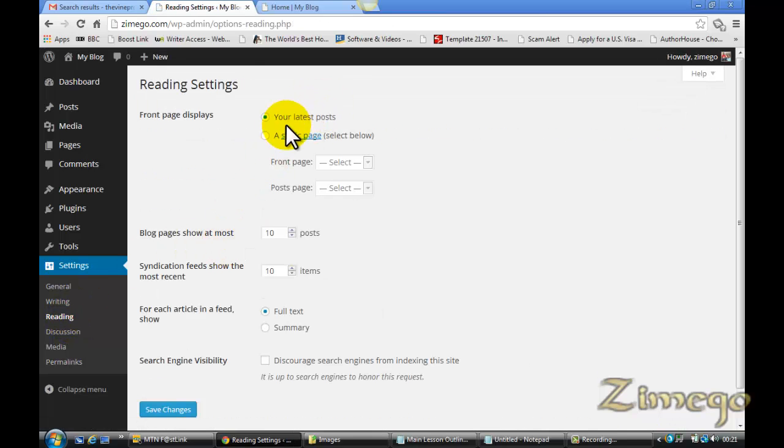You see your front page displays your static post. I don't want that. We want it to display a particular page. So it's going to give me options. Now I want it to display the home page on the static page. That's the front page displays the home page. Okay. Now it will give me